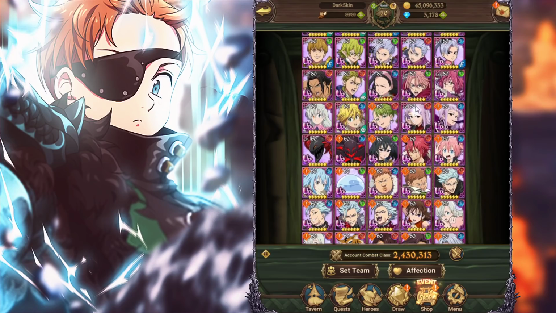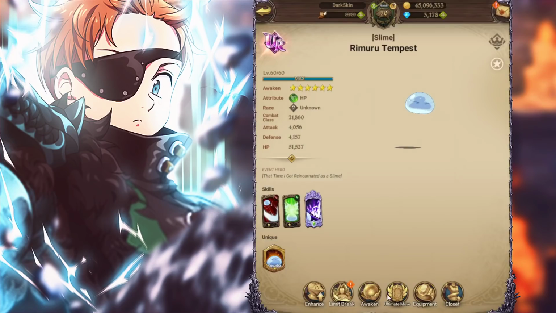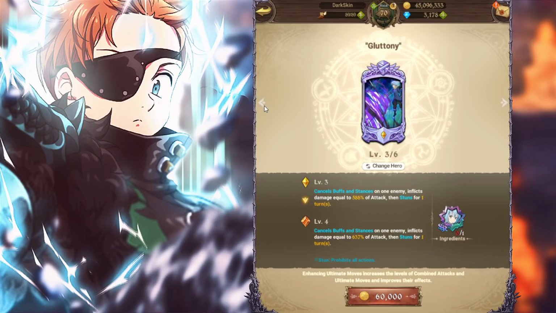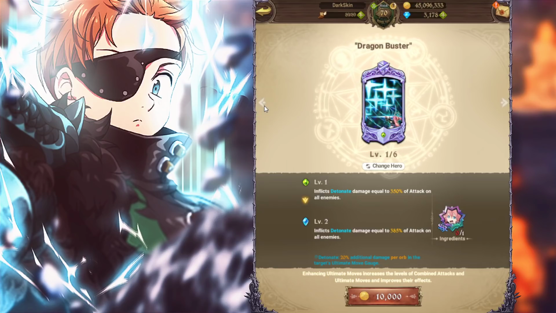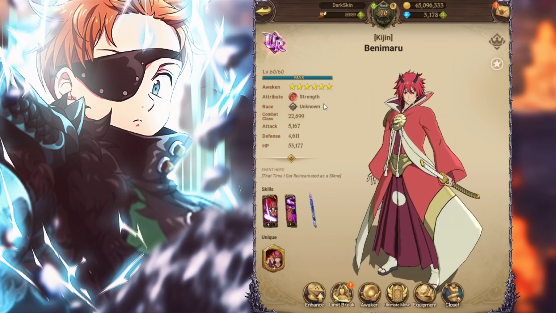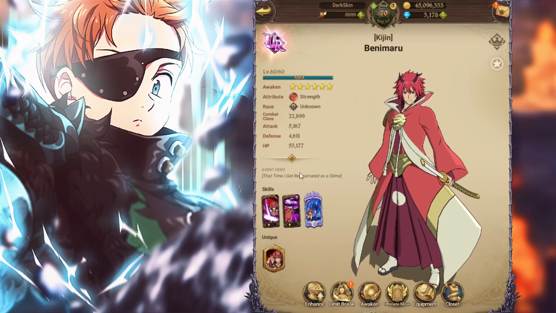If you look at the slime units, for me anyways, if you look right here, I have SR Slimeroo 6'6". Luckily, I pulled enough on the banner because he was not a free 6'6". But Rimuru is 3'6". Milim is 1'6", and Benimaru is 3'6". I can never max dupe them ever again. Now, I'm not saying I want to, but